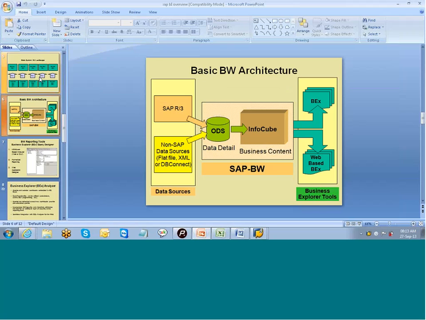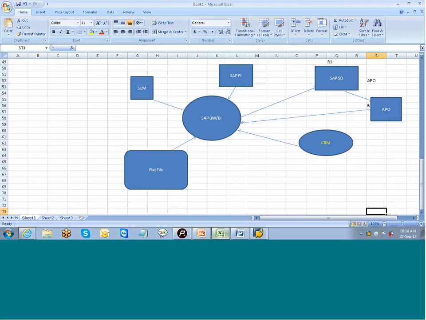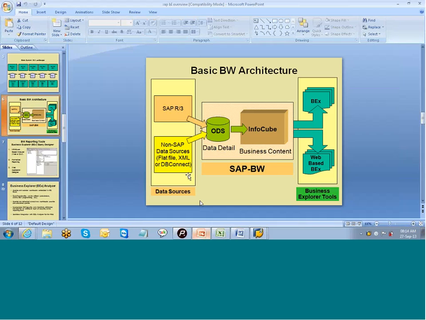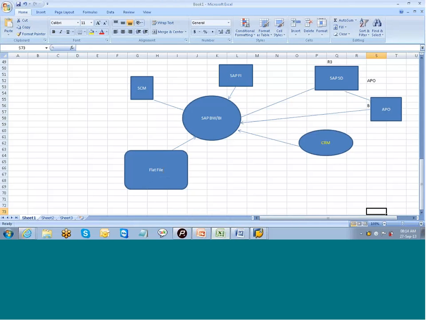See, we are talking about R3, non-SAP systems, flat files, okay, and we were talking about DEX. These are nothing but the tools that you will be using. So these are the architectures we are showing here, and we have seen the same thing here, okay. So we will be doing it from non-SAP, which is a flat file, as I am showing you here. So this is non-SAP. So in non-SAP there are certain different